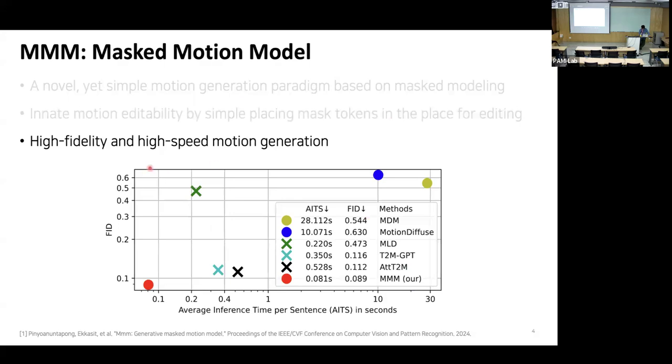So this masked motion model achieves high fidelity and faster motion generation performance on the text-to-motion task and also all the other editing tasks compared to the existing